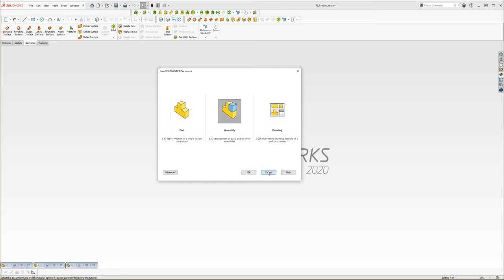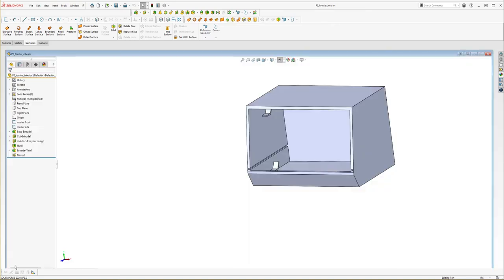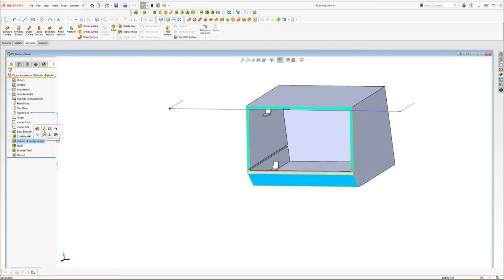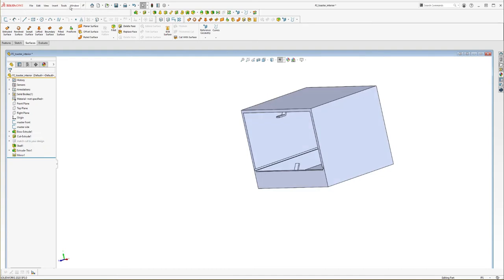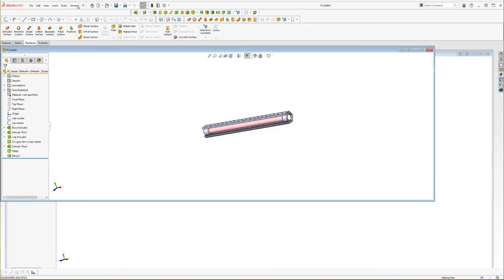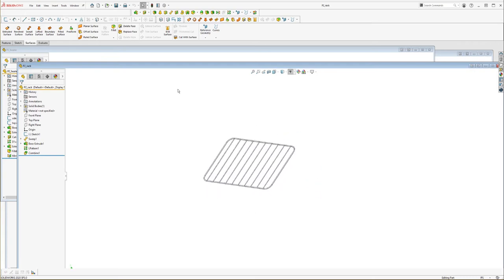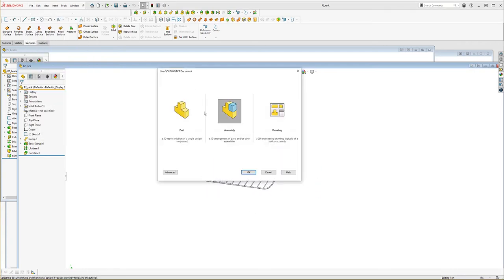So the first thing you want to do is make sure you have files open that you want to place into your assembly. We're just going to start simple. I have the toaster interior open. This will probably be suppressed. I also have a heater open and a rack, and all these files will be provided to you. So I'm going to create a new assembly,